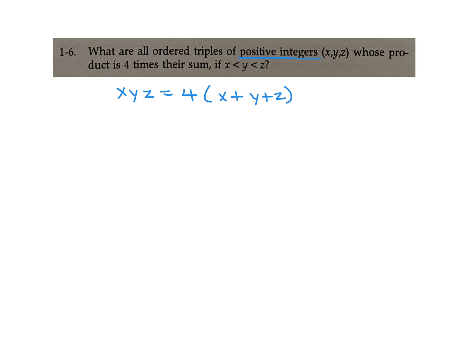And we're not given much information other than the fact that they're positive integers. So let's just start with the first one. If x equals 1, so if x is 1, this equation then becomes yz is equal to 4 times (1 plus y plus z). And if we rearrange this,